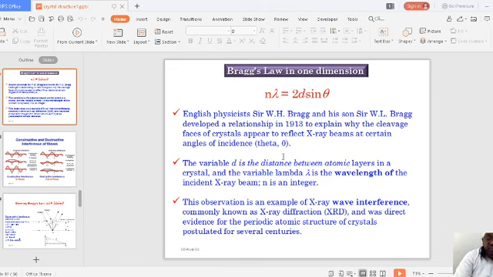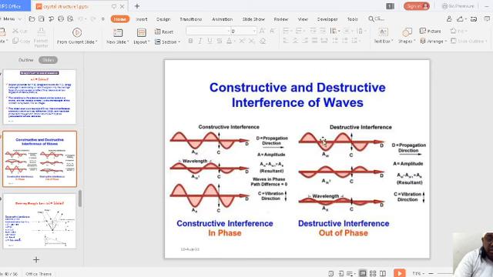And this is the exact evidence of the periodic atomic structure of the crystal. So now the periodic structure of the crystal, when you see it, what is constructive and destructive interference of waves? To have a very clear idea, what we are doing here is, you just take a line segment here.